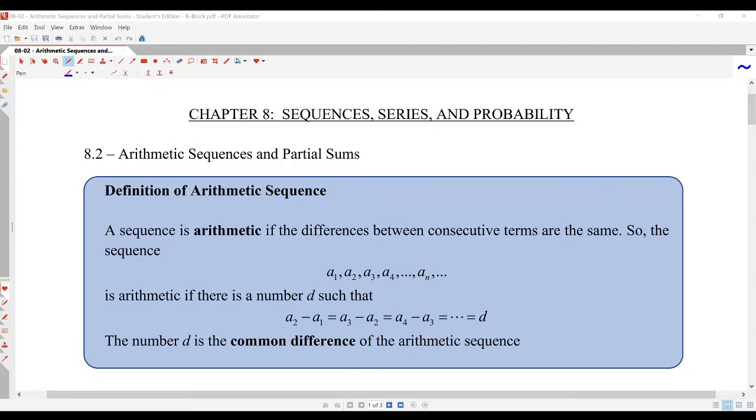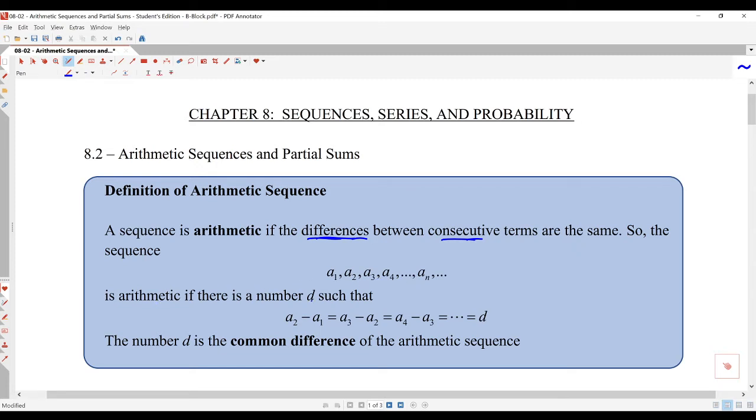This is section 8.2, arithmetic sequences and partial sums. So start with the definition of what an arithmetic sequence is. A sequence is arithmetic if the differences between consecutive terms are the same. So the sequence A1, A2, A3, A4, and so on is arithmetic